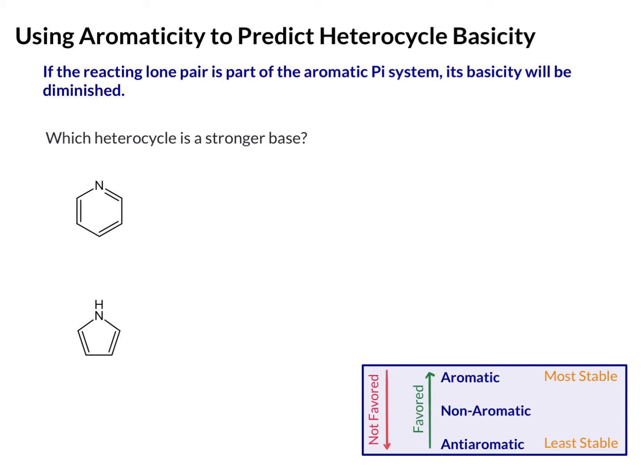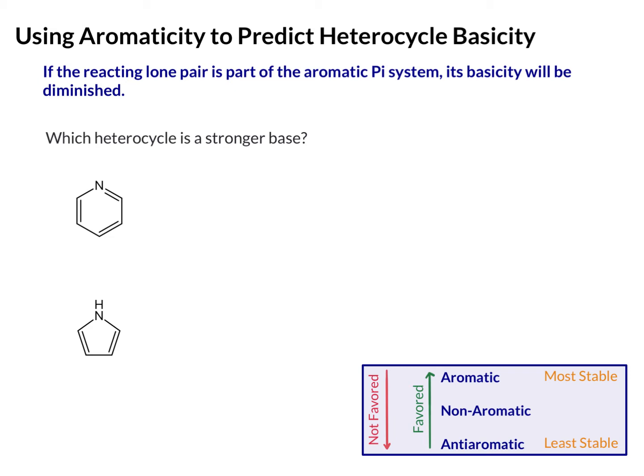Now we're going to look at the utility of understanding aromatic, non-aromatic, and anti-aromatic compounds to predict things like reactivity and basicity. So one of the first things we can do is use this concept to predict the basicity of heterocyclic compounds. So for example, here we have pyridine and pyrrole, and we know that in both cases the nitrogen